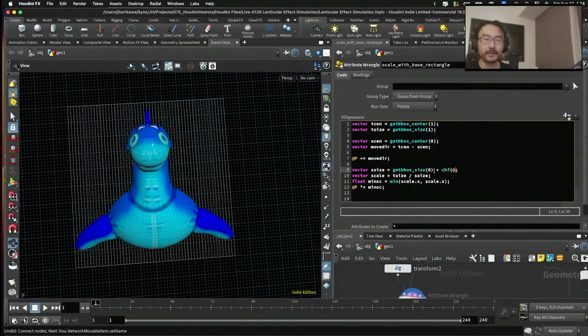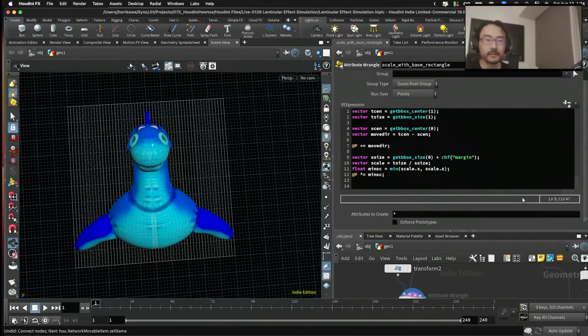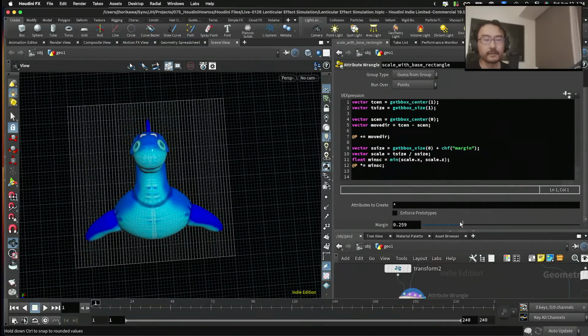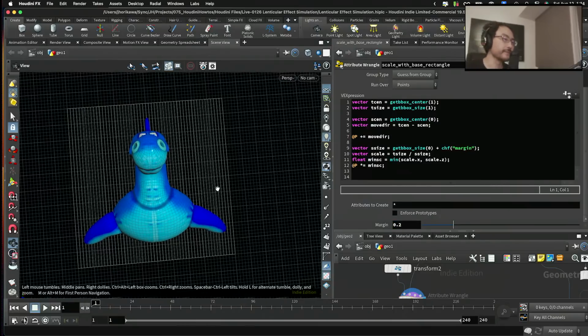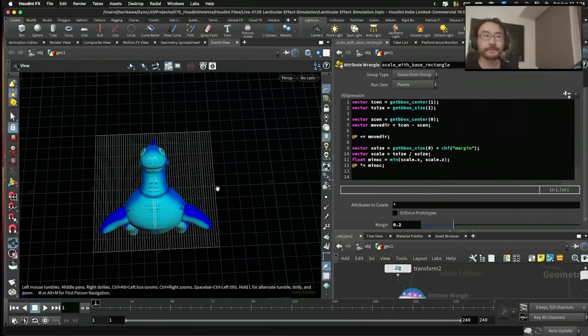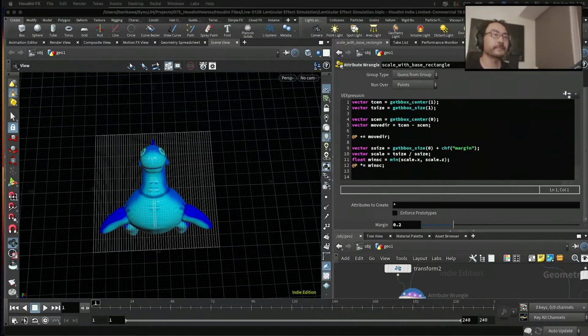Let's call this offset or margin. Like that. Okay. Let's make this 0.2 for now. Okay. Now that I have a